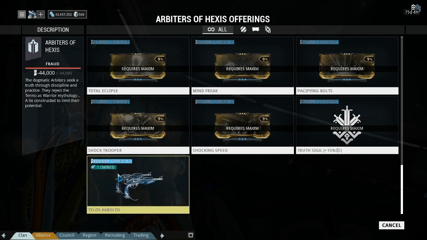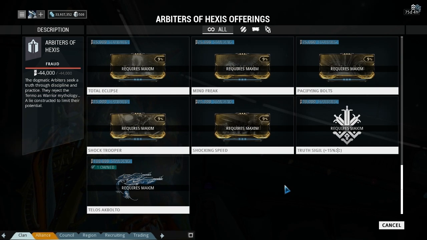Because as a Hexis weapon or an Arbiter weapon, whichever one you want to call it, it deals truth, and truth, when you fill the little bar in the corner while using it, does an area of effect once the bar's full, dealing 1,000 gas damage, which obviously makes it really useful against the infected. This will basically restore 25% of the player's max health, and